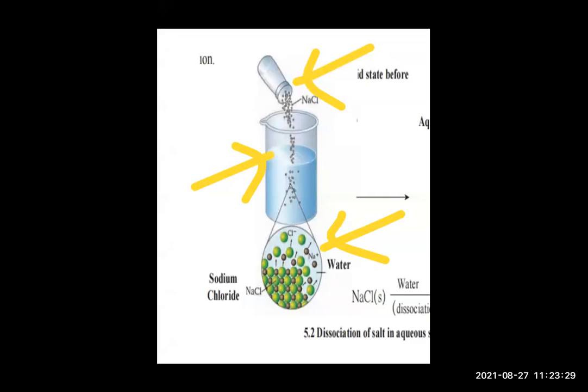You can see green balls and black balls. So let us consider Na as the green ball and Cl as the black ball. So when the water enters in between Na+ and Cl-, you can see the NaCl bond is broken and it is converted to Na+ and Cl-. That is what? Dissociation. Which reaction is taking place now? It is called a dissociation reaction. Okay.